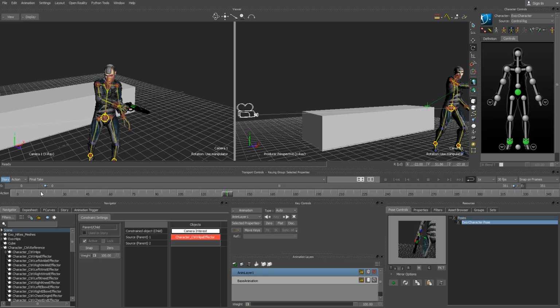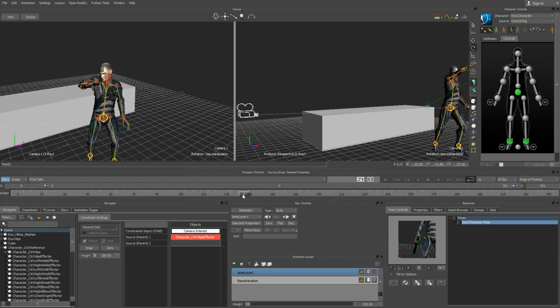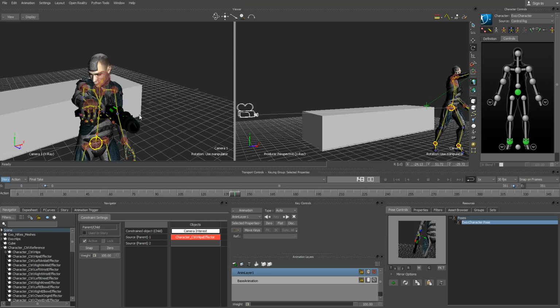And I kind of want to have this camera be in line with the gun, but I don't want it tracking the gun. If I have it tracking the gun, the camera's going to bounce around a lot. And his back shoulder is pretty steady the entire time in the animation. So what we're going to do is tie our camera's position to the translation of this back shoulder, and its interest. So I'm actually going to put 2 constraints on this camera to be able to follow it. So I want to get into a good view here,